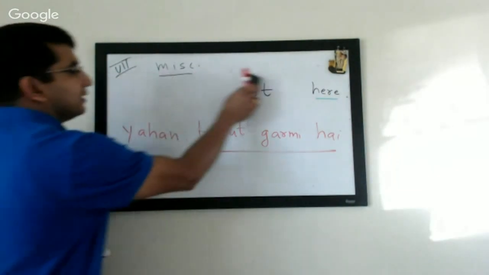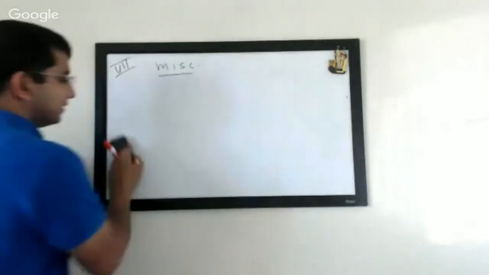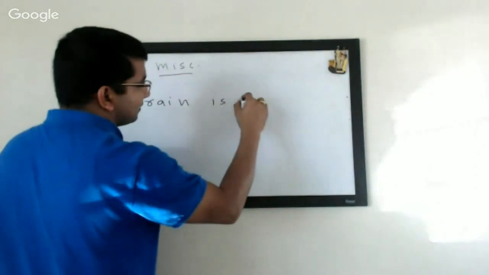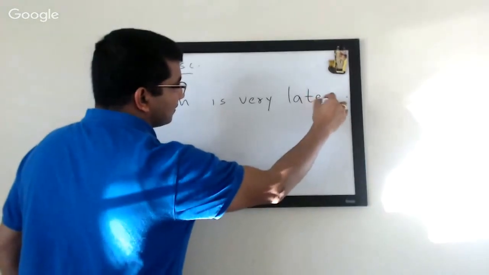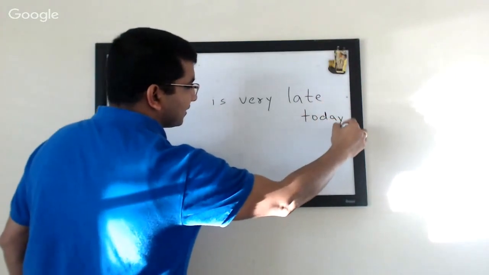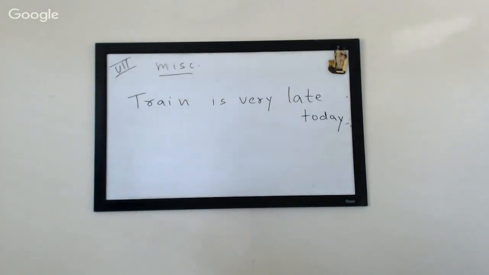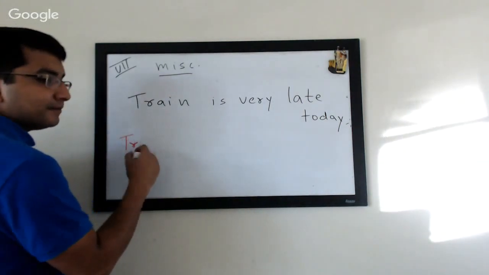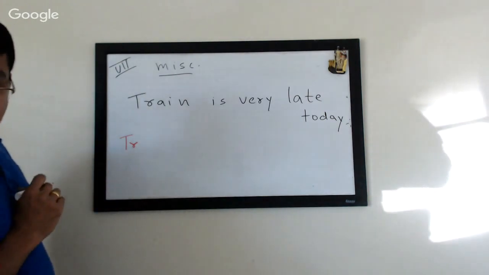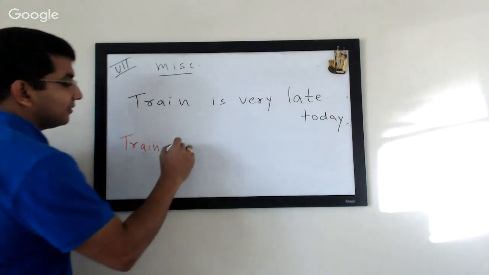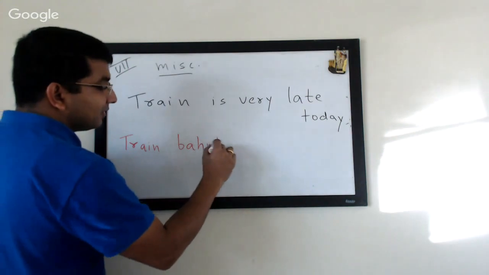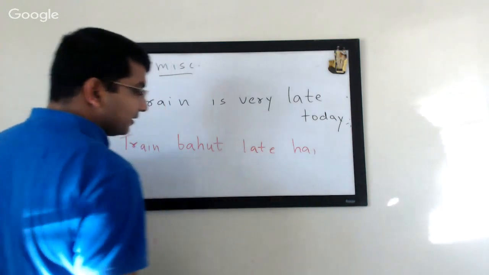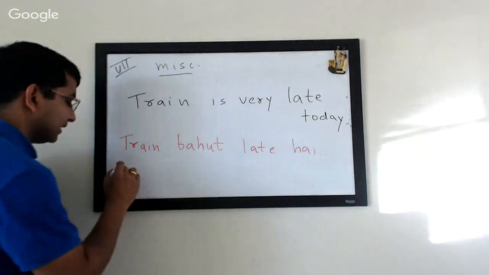Next one. The next one is train is very late. Let's say your train is very late today. It'll be, and you can see all of them I'm using very, right? So like बहुत गर्मी, बहुत भीड़, right? And it will be train बहुत देर. If you just want to say one word, actually you can say train बहुत late है. Next one you can say, if you really want to use a